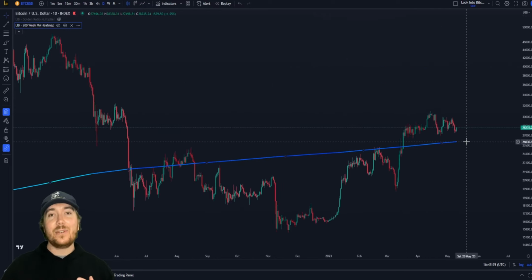Like we said, in every transitionary period from bear cycle into bull cycle, we always come down and test this line, find some buy support before rebounding even higher. We are yet to do that. Of course, there is the potential that we don't even touch that line, but it's just something we need to